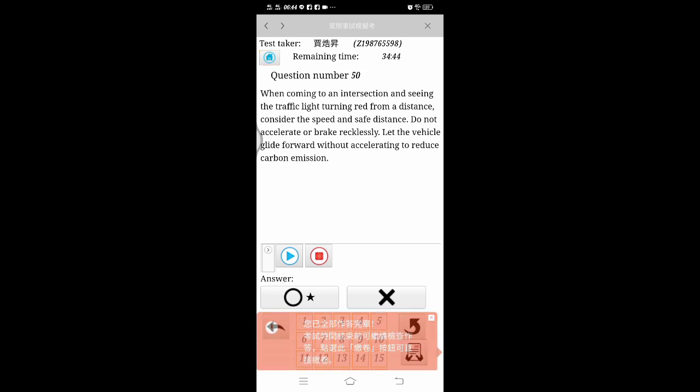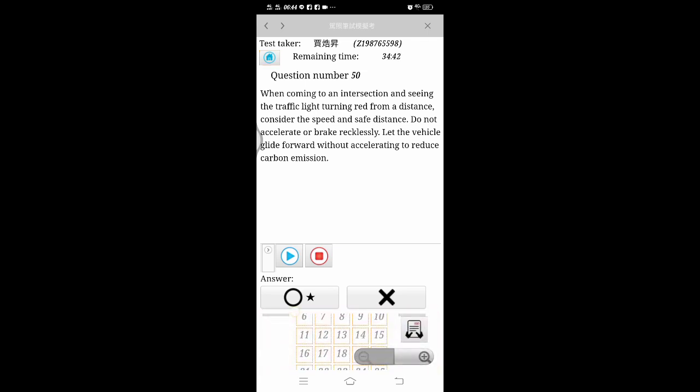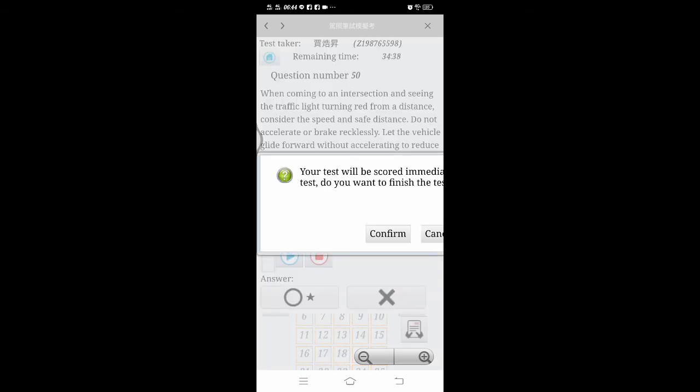Yan, Let pag the vehicle natapos, glide forward pindutin lang without yung accelerating 100 to reduce na carbon may emissions. nakahawak na kamay. When coming to an intersection and seeing the traffic light turning red from a Confirm. distance,